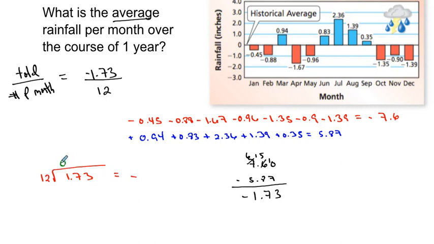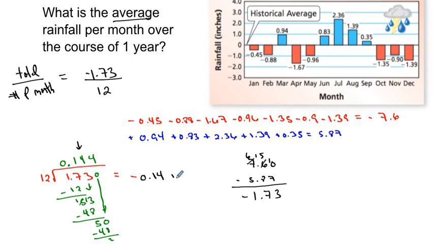So 12 goes into 1, 0 times. I'm going to bring up my decimal. 12 goes into 17 once. So bring down my 2, and I get 7 minus 2, which is 5, and I'm going to bring down my 3. 12 goes into 53 4 times, that's 48, and I can borrow here, and 13 minus 8, and I get 5, and bring down my 0, and I can do this again, and I'll get 4 again, 48 again, and I'm going to call it quits here, and I'm just going to round this to the nearest hundredths place, so 0.14, so about 14 hundredths